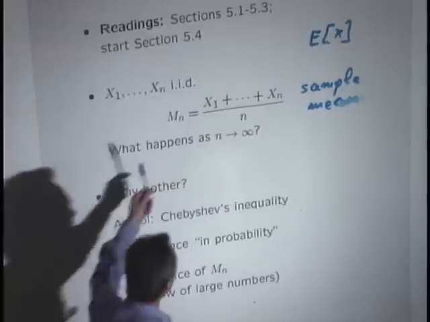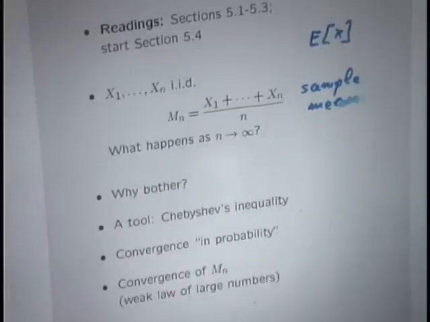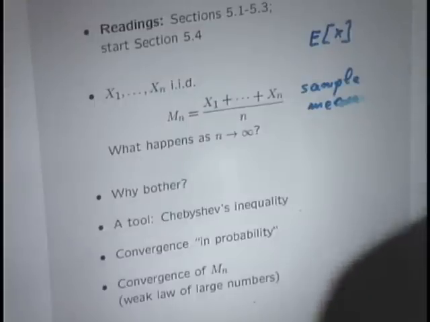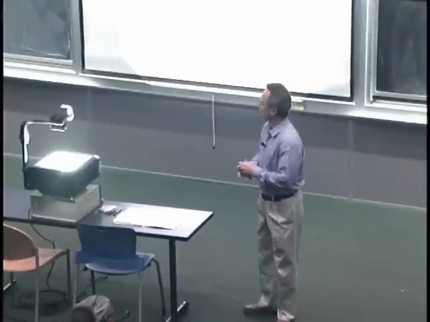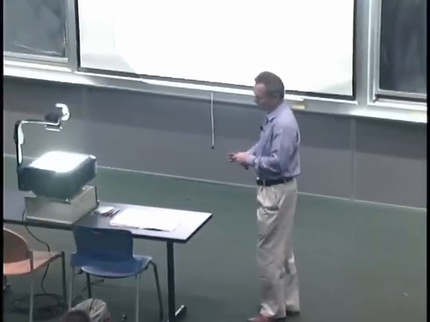Now, we think that this is a reasonable way of estimating the expectation. So in the limit as n goes to infinity, it's plausible that the sample mean, the estimate that we are constructing, should somehow get close to the expected value. What does this mean? What does it mean to get close? In what sense? And is this statement true? This is the kind of statement that we deal with when dealing with limit theorems. That's the subject of limit theorems. What happens if you're dealing with lots and lots of random variables and perhaps take averages and so on?